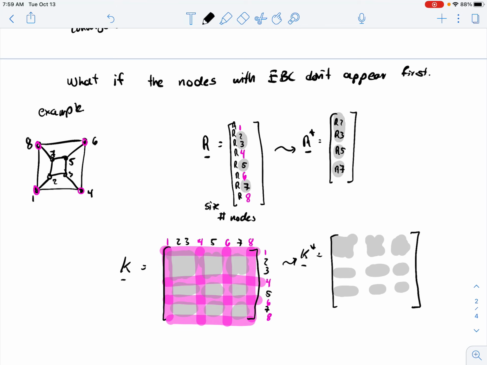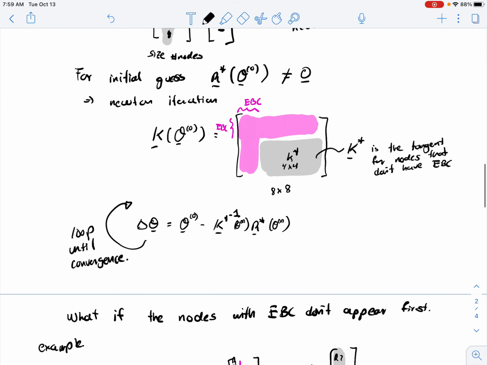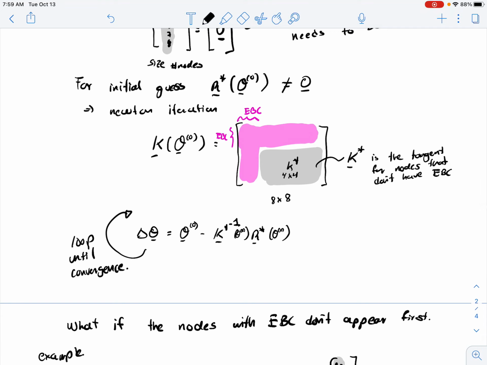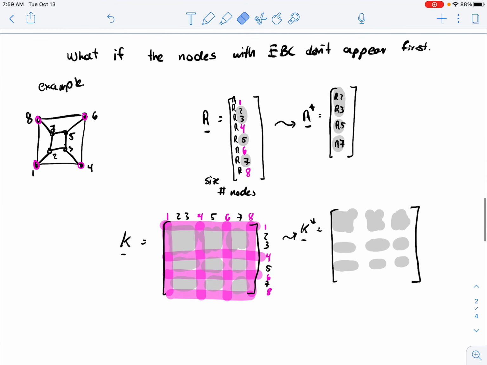In this case, in the Python notebook, I have the nodes with essential boundary conditions numbered first. So actually, you can do the partitioning like I did here. But otherwise, you would have to do something like this. And then there's just one more option that I'm going to talk about in the